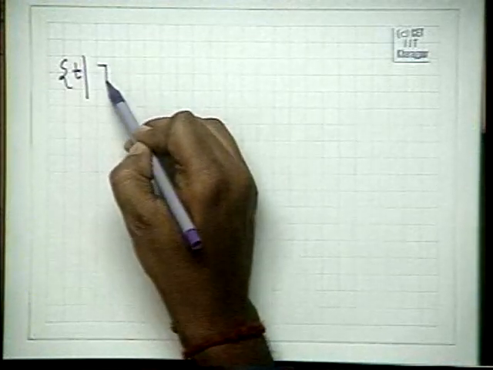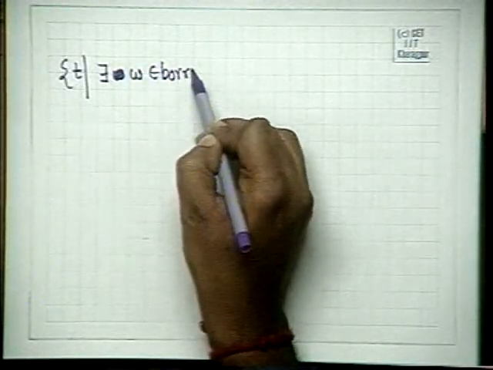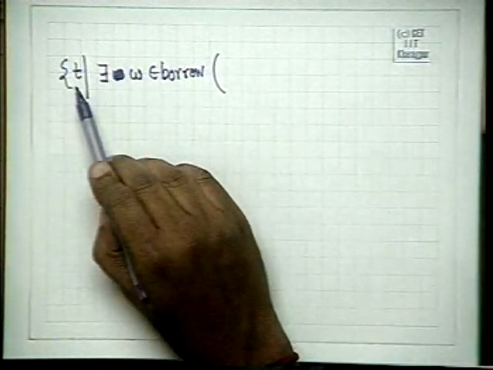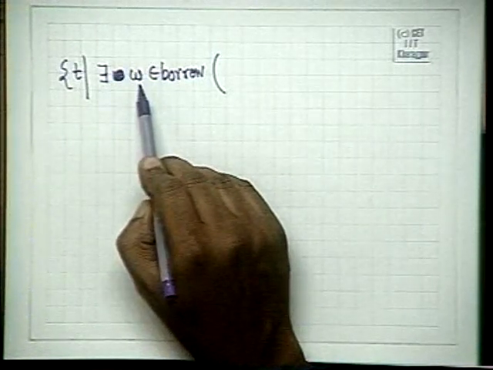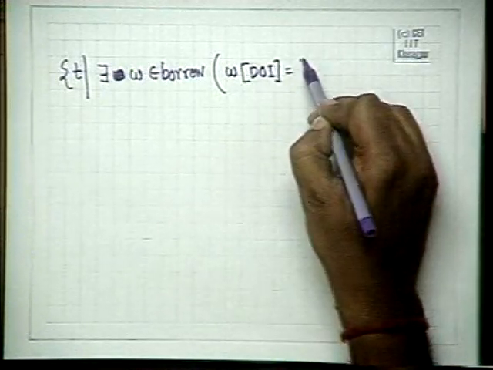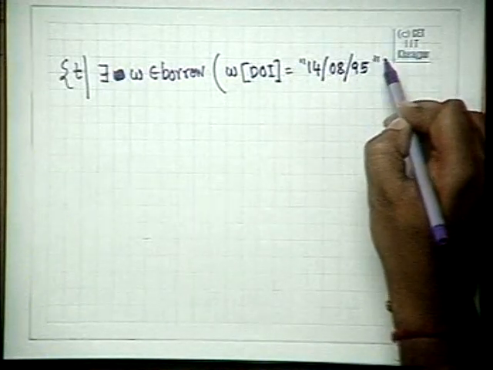This query can be written in many other ways. This is not the only way. Since you are not specifying the exact procedure, you will see that there are thousands of ways in which a relational calculus query can be written. The same query can be written, there exists W element of borrow such that for every tuple in T there must exist W element of borrow such that W date of issue is equal to 14895, and